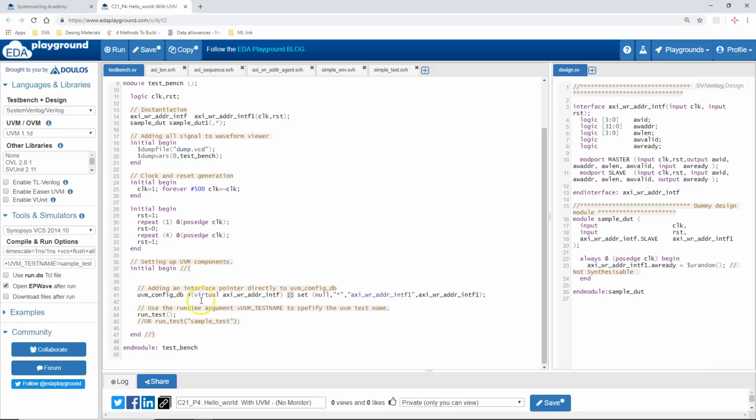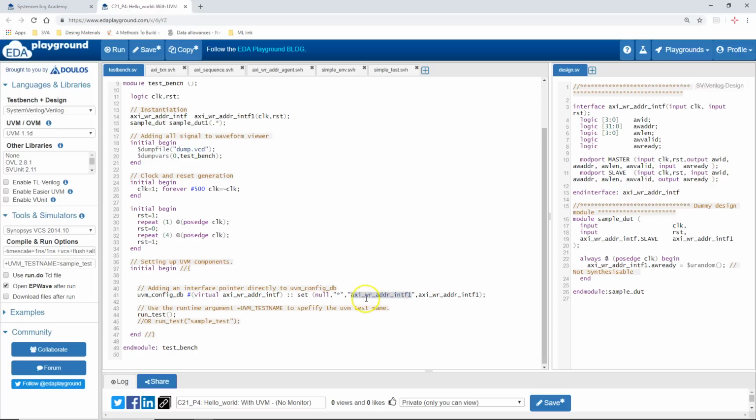So UVM config db hash, the type of the configuration, colon colon set. Within the brackets you give the first argument as null, the second argument as a star, and the third argument is the name that identifies this particular configuration.